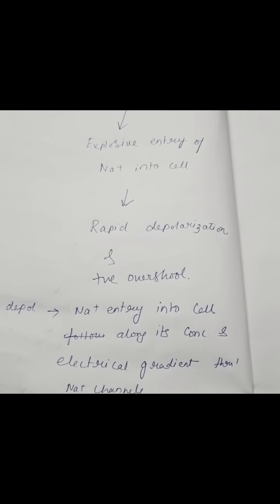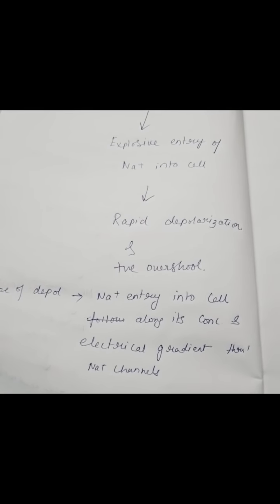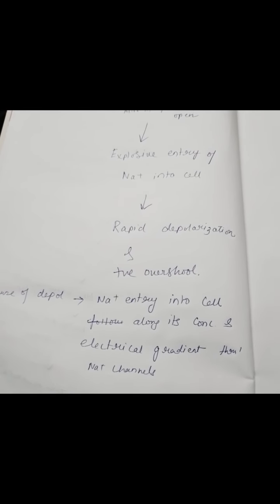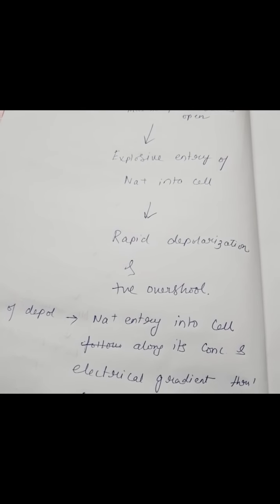In what direction the membrane potential changes? Then how a positive feedback loop is set up, and finally how we get this rapid depolarization and overshoot. So we understood why we get the latent period, how we reach the firing potential, then why we get the